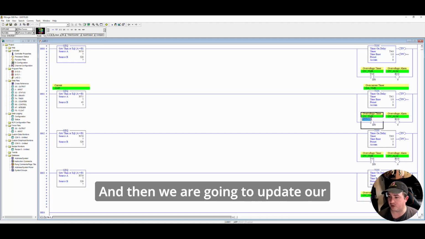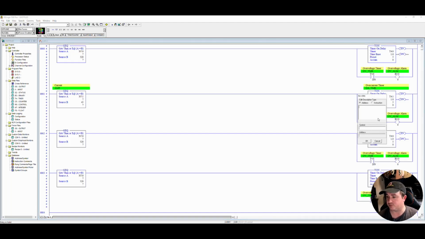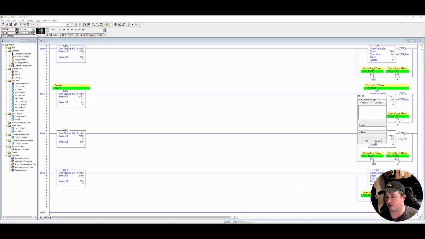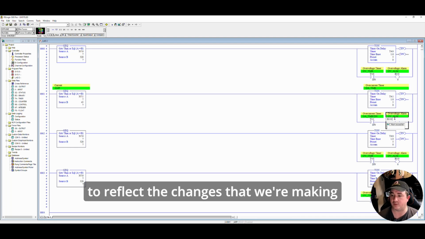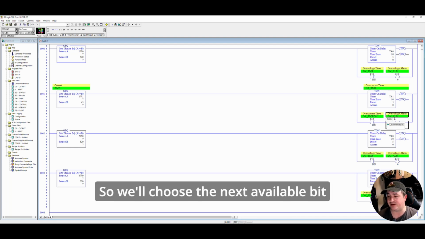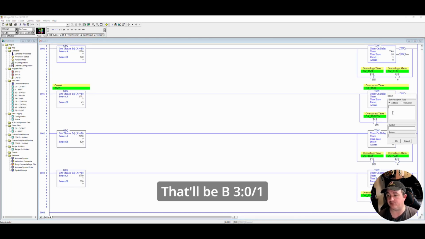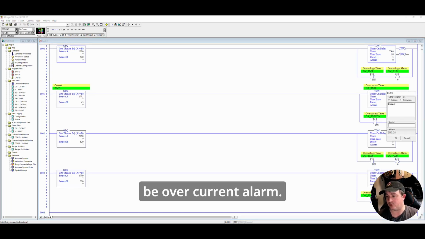And then we are going to update our additional registers to reflect this timer. So we just need to update our additional registers to reflect the changes that we're making for this specific alarm. So we'll choose the next available bit within the B30 word. That'll be B30/1, and this is going to be over current alarm. And we'll just call this OAALM